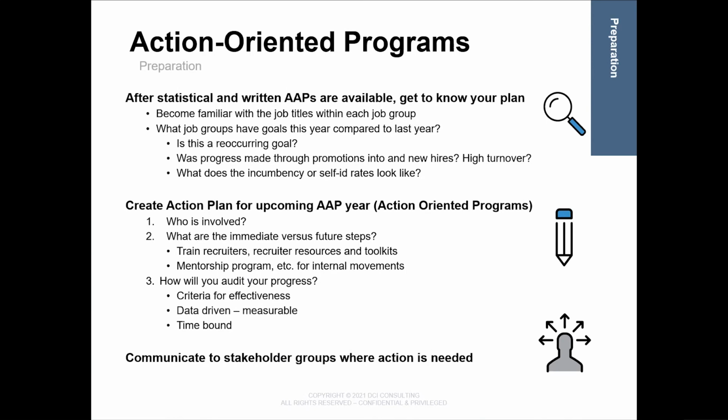What we like to say and allude to is action-oriented programs must be specific and results-oriented. Specific means describing what action or actions is to be taken, who's responsible for performing the action, and then when the action will be accomplished. Results-oriented means the proper execution of the program will likely lead to an increase in participation of the protected group in the identified problem area. So the action-oriented programs must be described in the AAP and their objectives must be achievable.